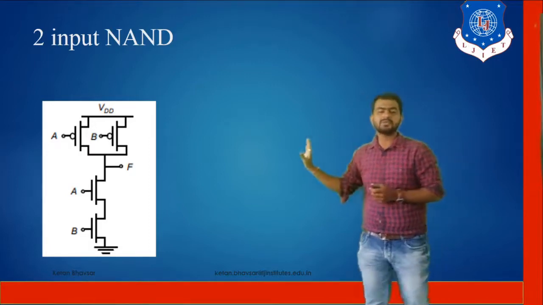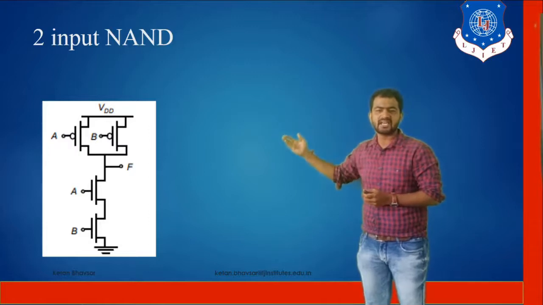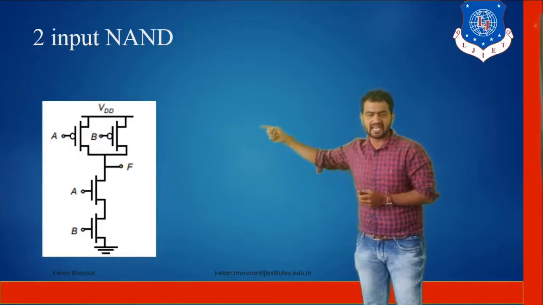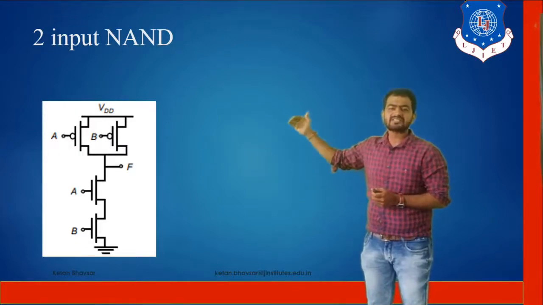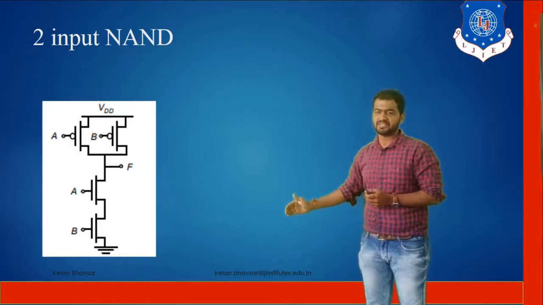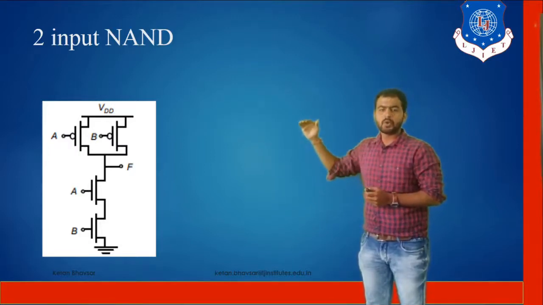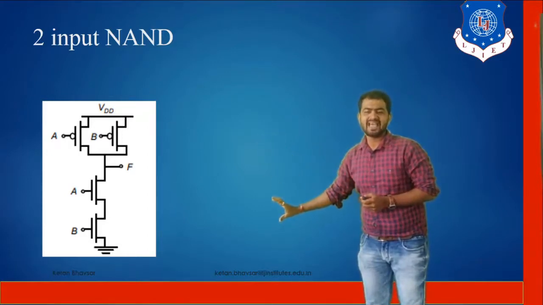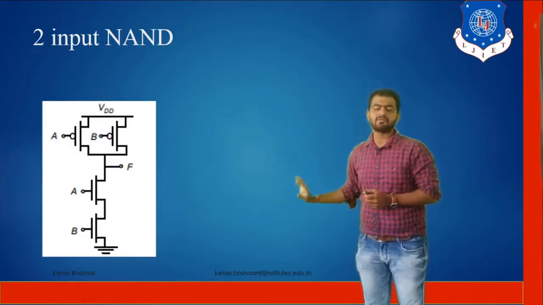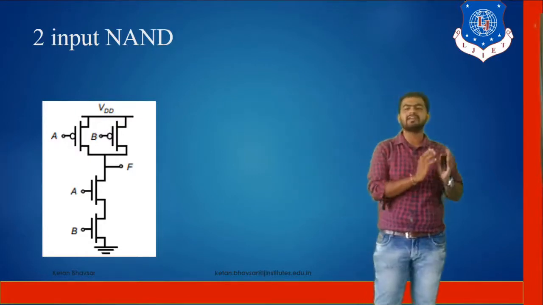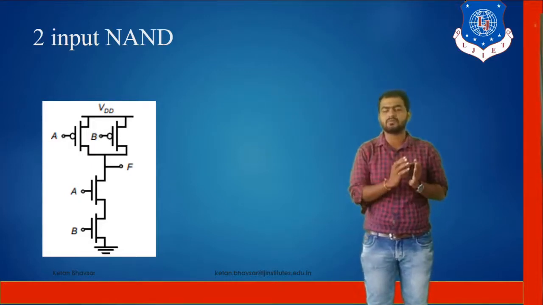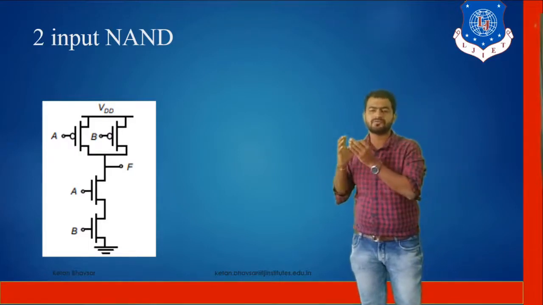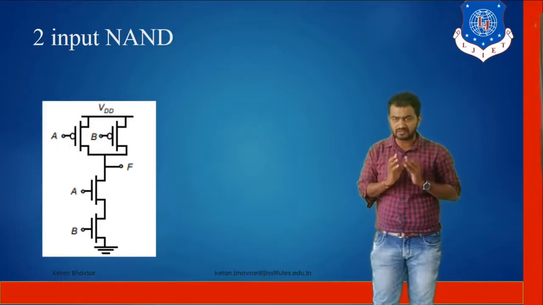Now as you can see in this particular diagram, the two input NAND gate, A and B are both connected with the PMOS as well as with the NMOS. PMOS is connected with VDD and NMOS is always connected with the ground, as you already know. So PMOS is in parallel, then NMOS is in series. Also, if two PMOS are used, then ultimately we have to use two NMOS. So always make sure that the NMOS and PMOS count is equivalent. If you are using 4 PMOS, then ultimately you have to use 4 NMOS if you design a CMOS based circuit.